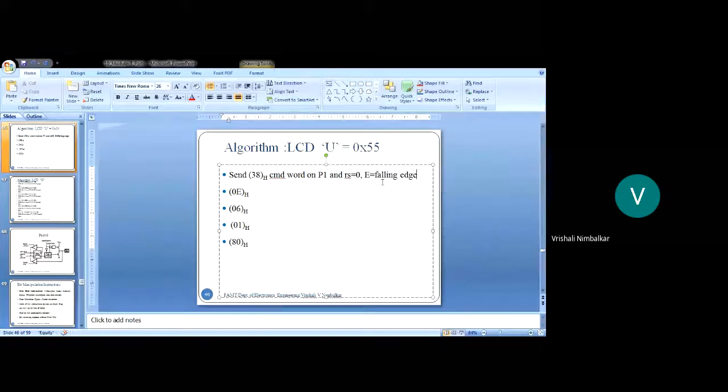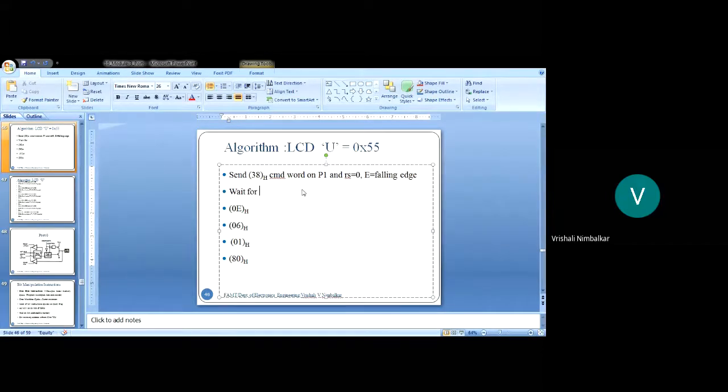After doing this, microcontroller should wait for certain time so that the LCD initializes itself. What initialization? 2-row display, 8-bit data, and each character is 5x7 dot matrix. So we should give some time for the LCD for its initialization.